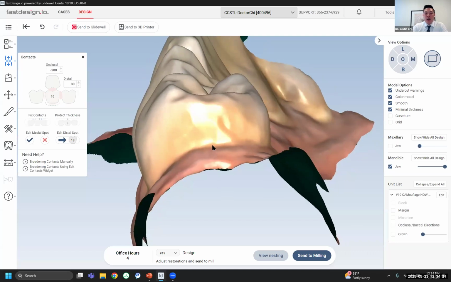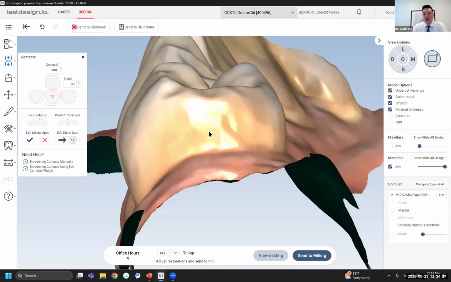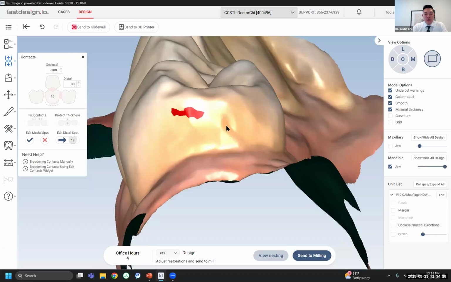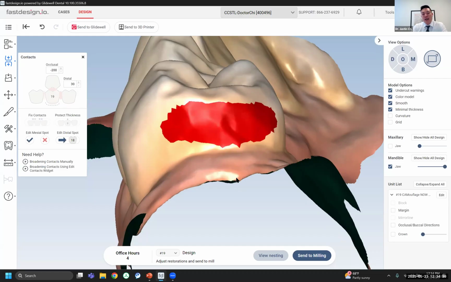So we're going to go ahead and draw a contact area. That's what this edit mesial, edit distal spot allows us to do. Now, I don't want you to just start off randomly drawing the contact. To do this, you just left click and hold and draw a contact. So you might say, hey, I want a really broad contact here, and we'll highlight a nice broad contact. And then when you apply the contact, essentially what happens is the software is going to adapt this design to